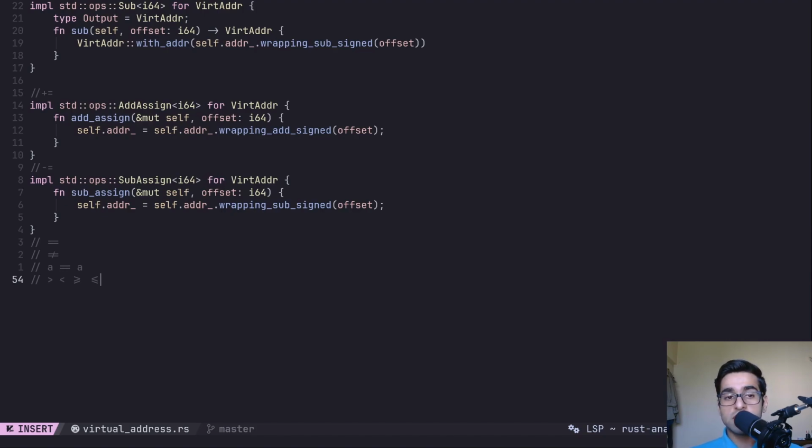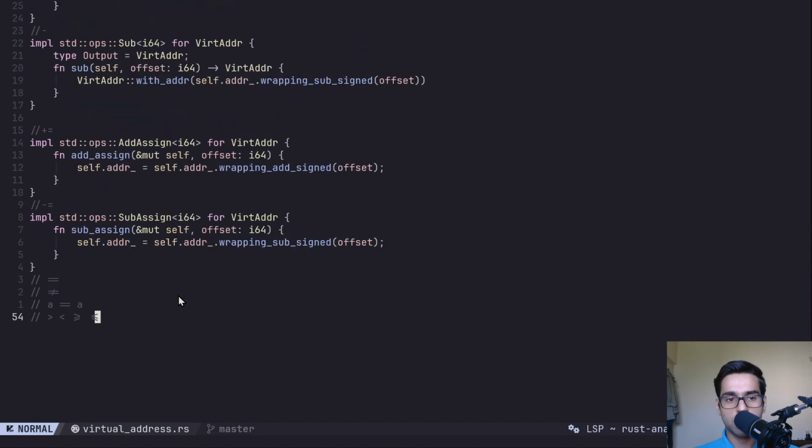All of this can be done by simply deriving all of these for the struct. So all these operators work through simple derivation, but we can also add one more thing. In Java you have that dot equals function, right? You can add a similar thing in Rust. In Rust we have the dot cmp, which is basically compare, and you can also derive that through the